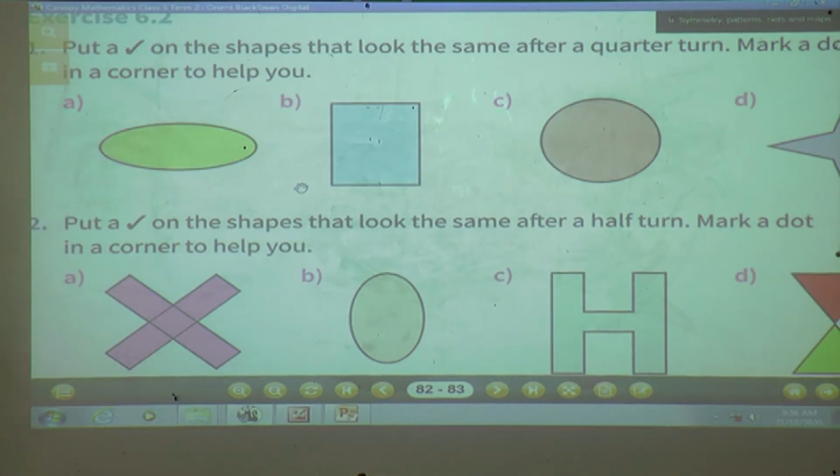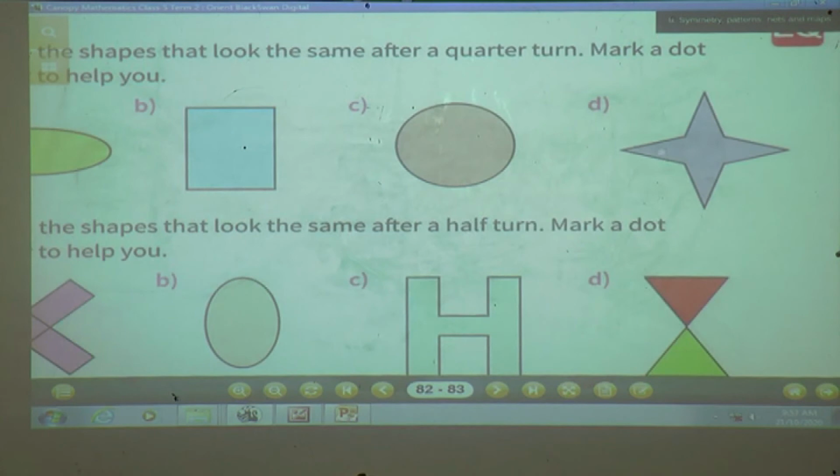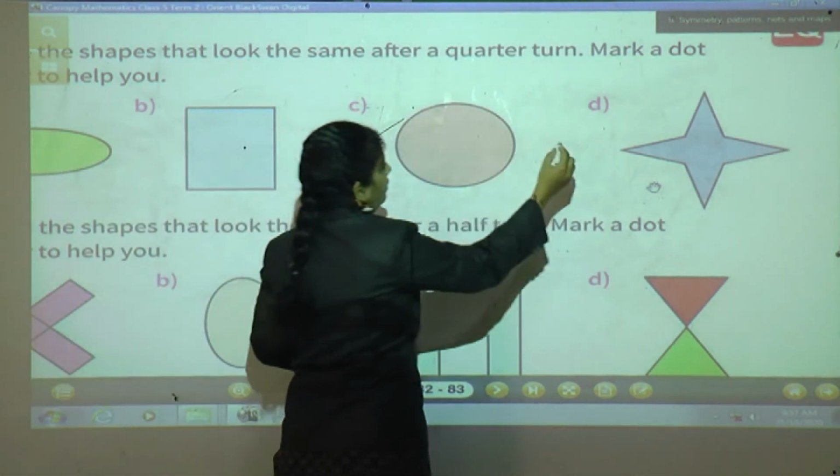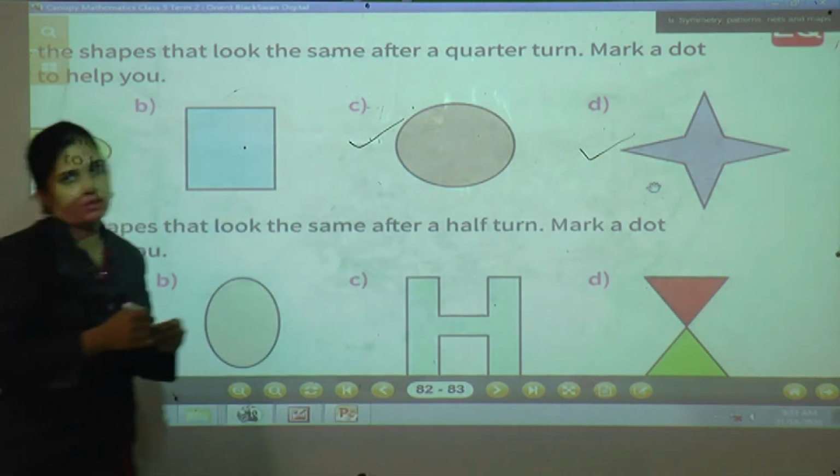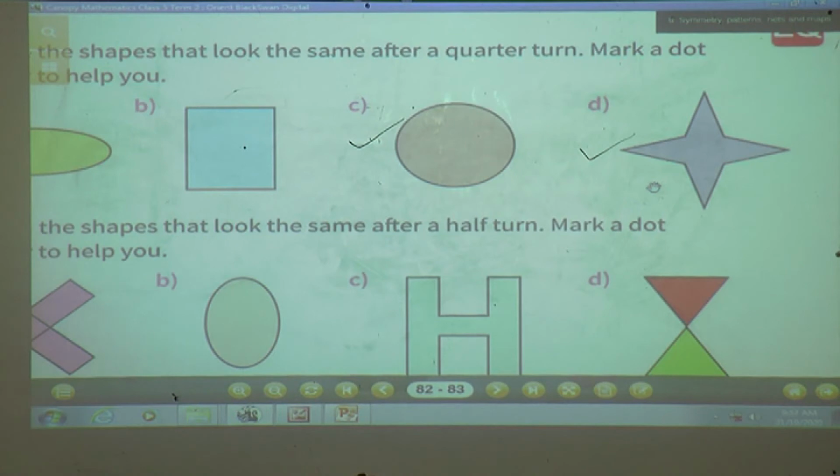Now for a circle, yes students, yes, it will look the same. And for the star also, D1 also, it will look the same after a quarter turn. So just put a tick here, C1 and D1. Now second one,